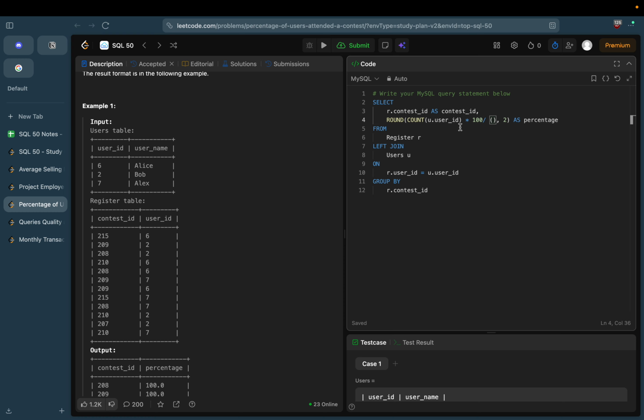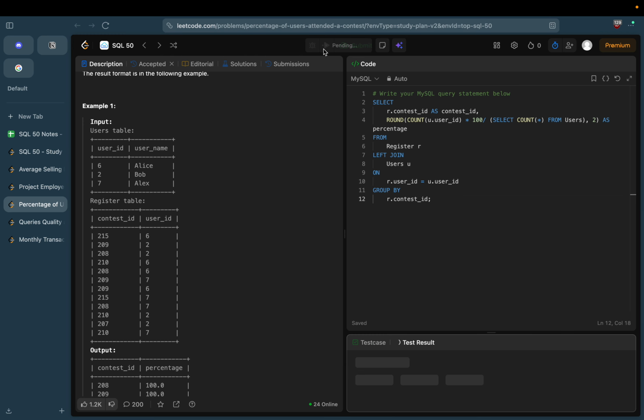So doing this division over here, I can have a select count star, that is count the total number of rows from the users table. I think we should be good. Let's give this a go. That will give us the percentage. Okay,